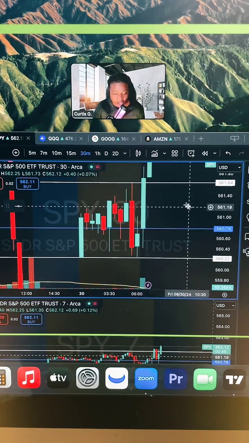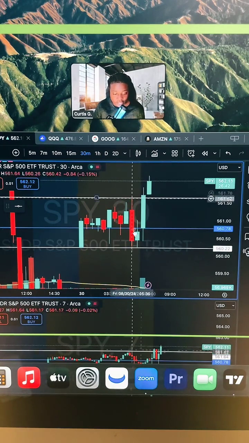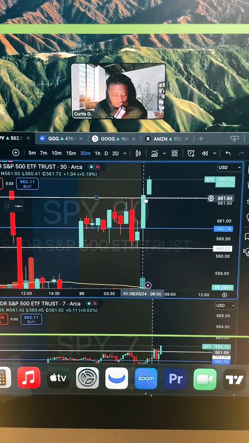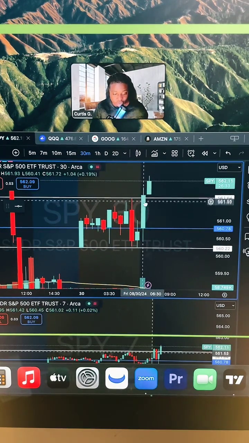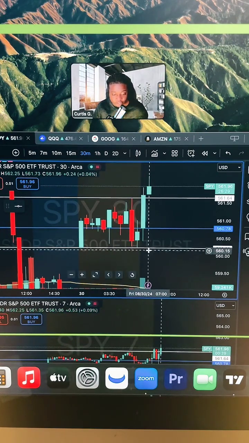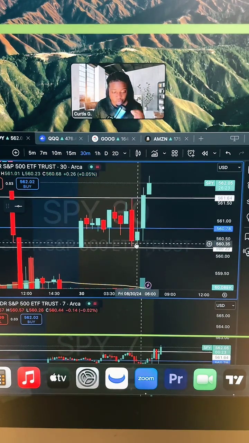Now, after the first 30 minutes, if the first candle closes above the open, then it's an indication to kind of scalp some calls or to be a little bit bullish to the upside. If this first 30-minute candle closes below the open, then you want to scalp some puts. Now, normally, based on the opening price, we want to target either the pre-market high or the pre-market low.